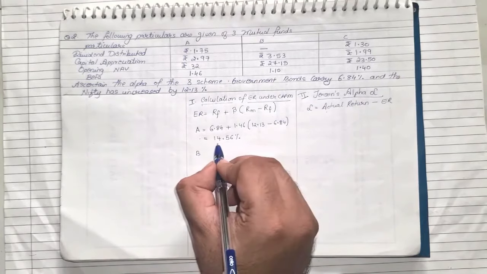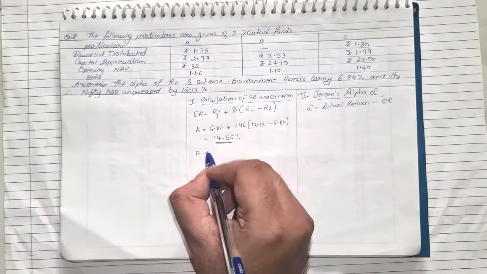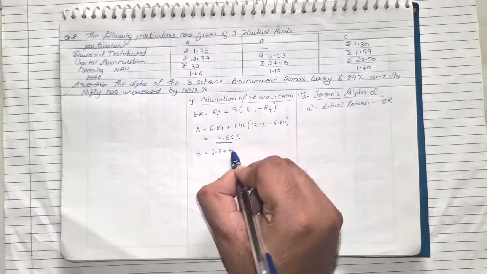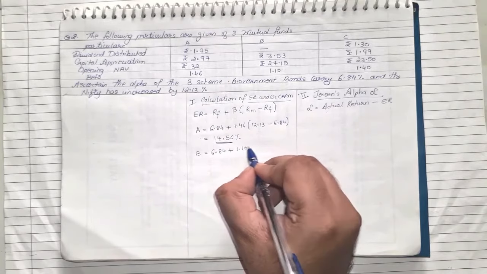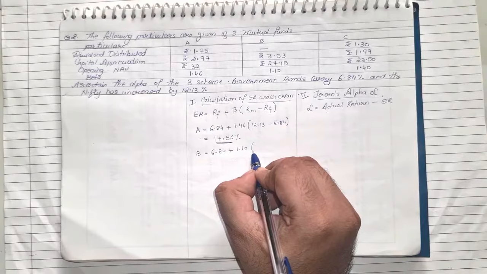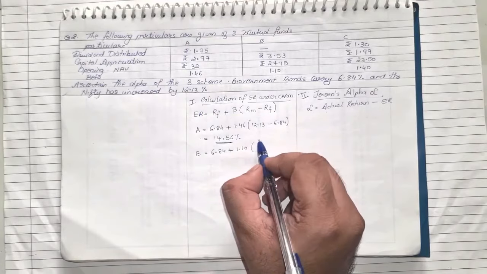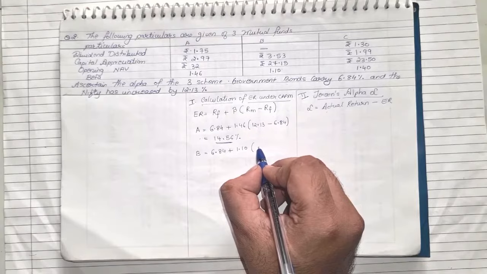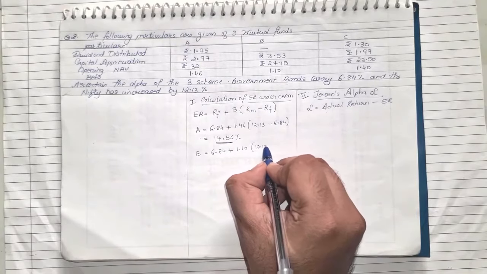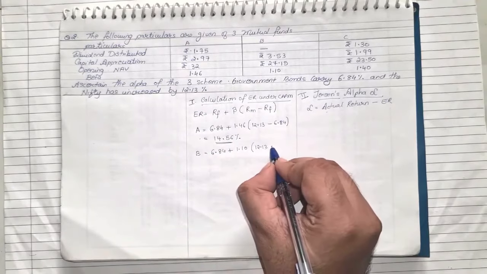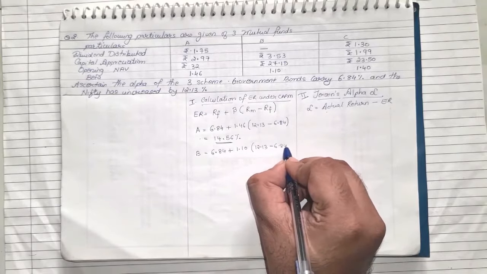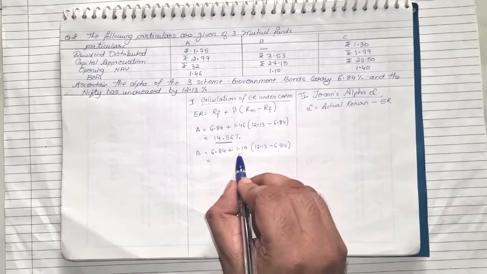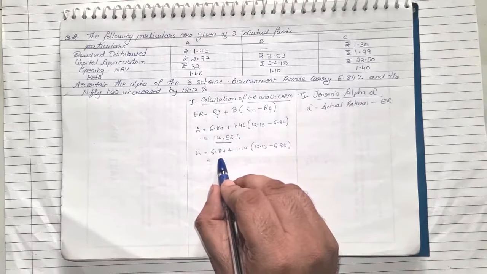Similarly for B, so this is for A. For B, again the risk-free return will be 6.84, the beta is 1.10, and the difference between the market and your risk-free return, market is 12.13, that is your Nifty, your risk-free return is 6.84. Again we need to do the same thing. We need to first subtract, multiply with the beta and add it to your risk-free return,